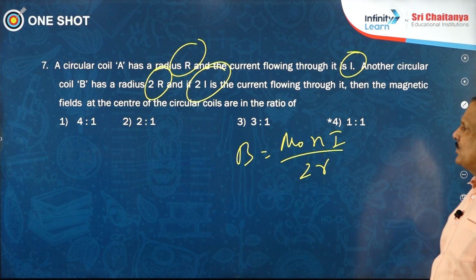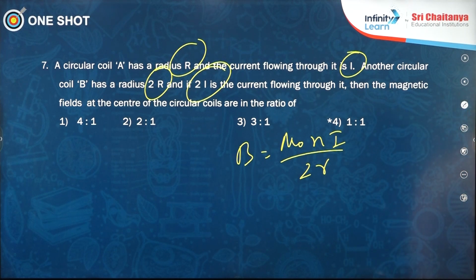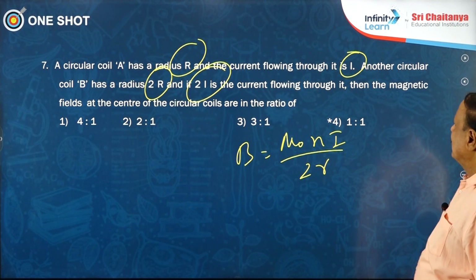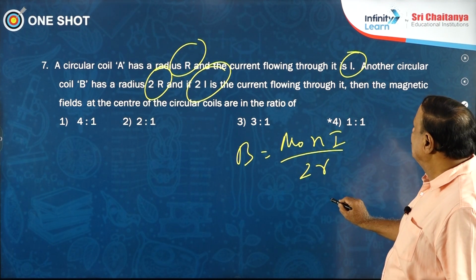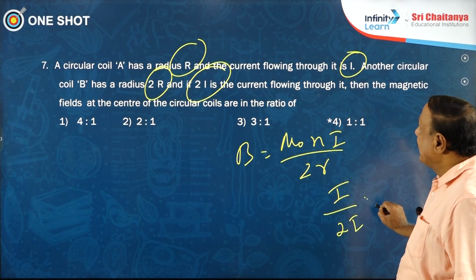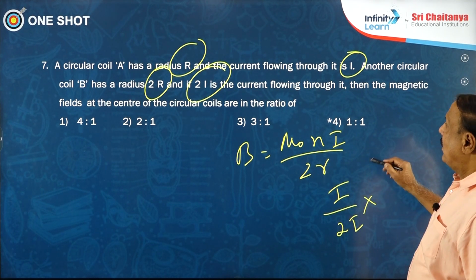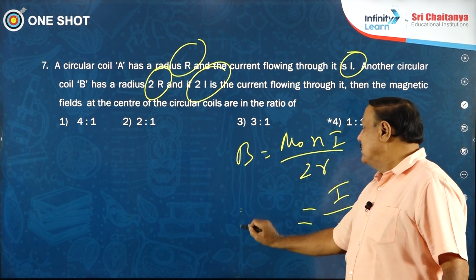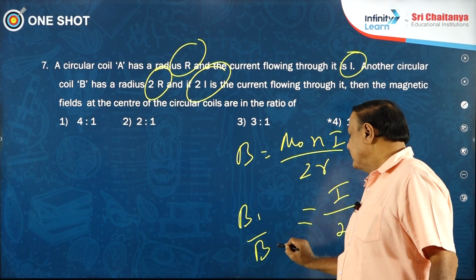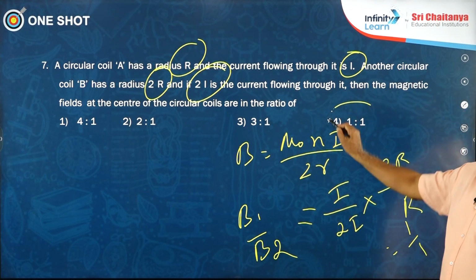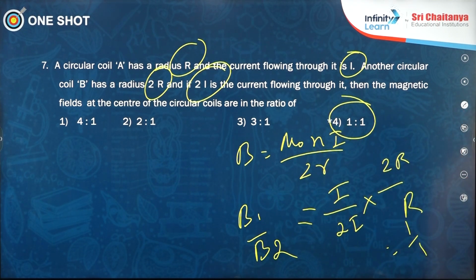So, simply substitute, and any changes if at all there, I think you will get 1:1. Let me verify. I1 by I2 is 2I, and R2 by R1, R2 is 2R, R1 is R. So what is B1 by B2? I will get 1 by 1, 1:1 is the answer. Okay. Next,